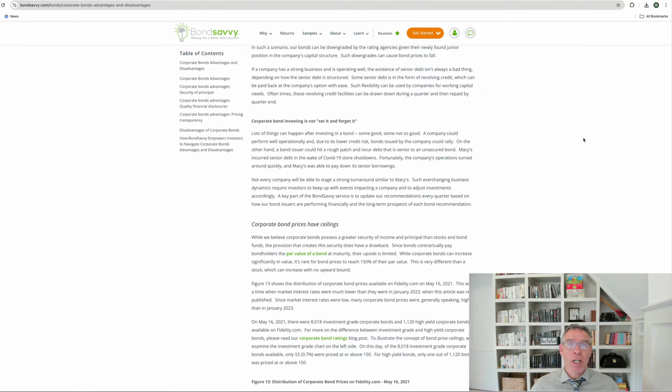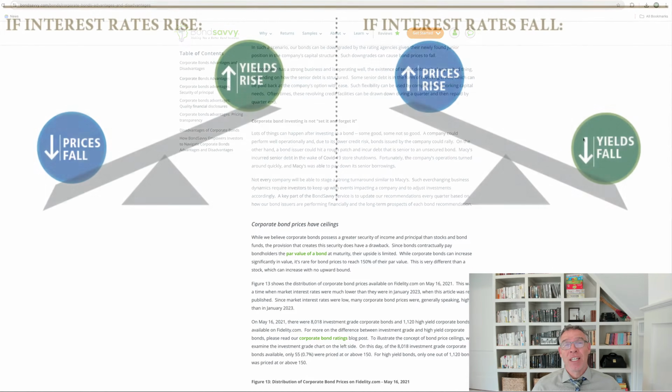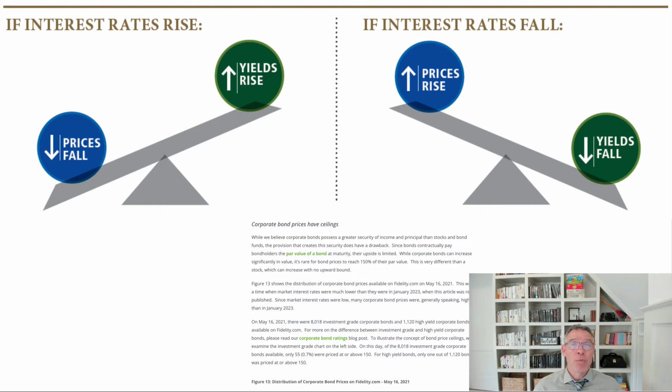The first one that we'll talk about is interest rate risk. If you're not familiar with the way bond prices move, as interest rates go up, bond prices go down, and vice versa. So the risk here is that you buy a bond that's yielding 3% and suddenly the prevailing interest rate goes up to 4%. Your bond becomes worth less money because the price will go down. So you face some interest rate risk with bonds.